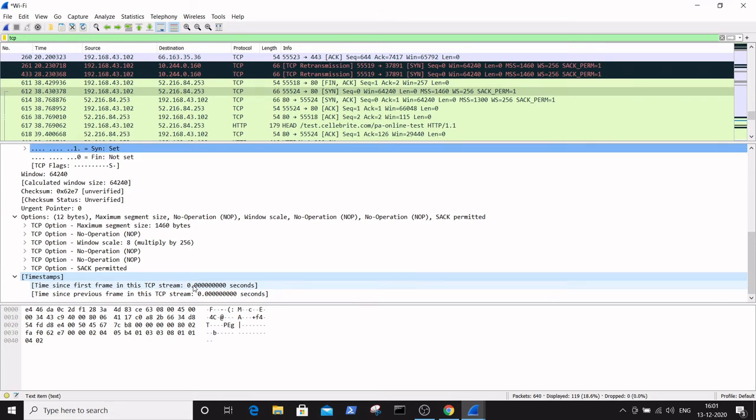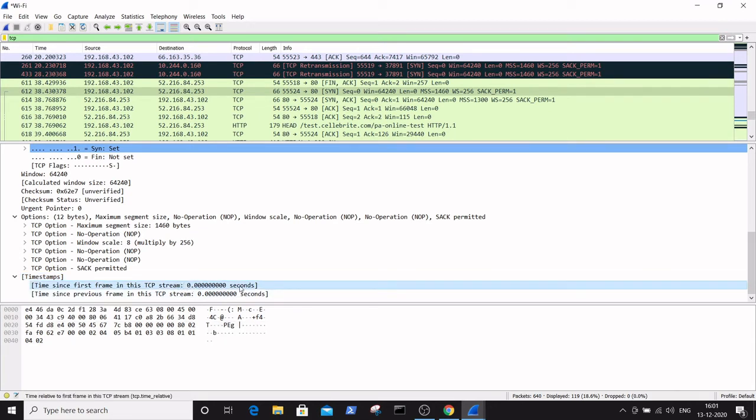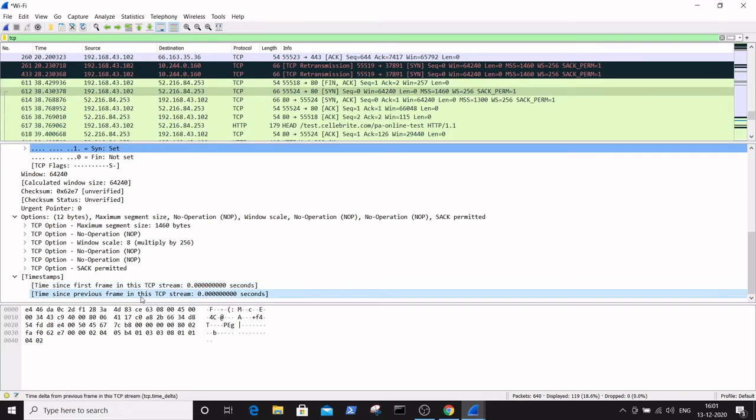According to the process, while data transfer is happening, the sender will keep some value in the timestamp value field and will keep a 0 value in the timestamp echo reply. So here 0 seconds was kept, and the time since previous frame is 0 seconds.